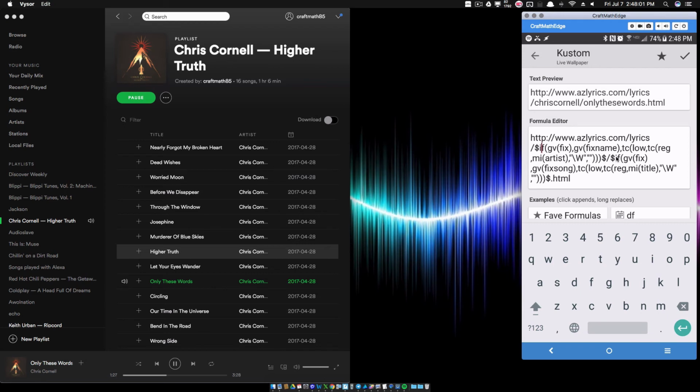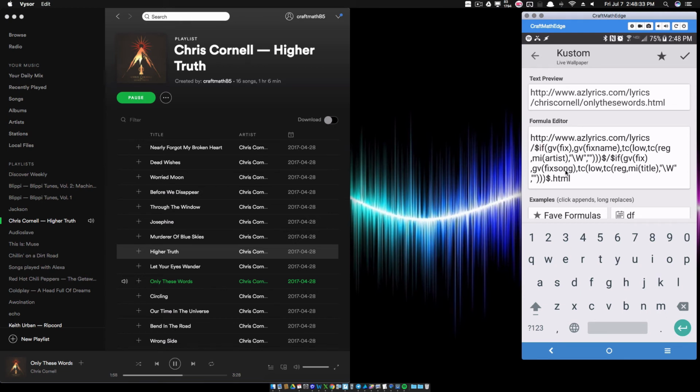And then also down here we have a backslash. So that's how we're getting Chris Cornell. In this case, whether my GVFix is on or off, it doesn't matter because the artist name is Chris Cornell and it's not coming up incorrectly. However, we also want to change the song title, whether GVFix is on or off. So if GVFix is on, we want to use our GVFix song. That's what I did a few minutes ago, where I showed you how to get the song, where you're going to type the song in on that text editing app.